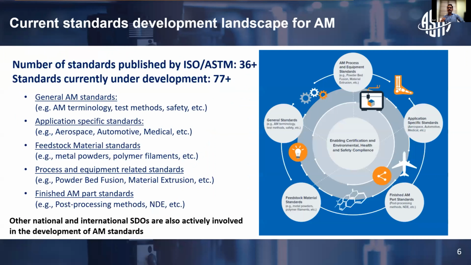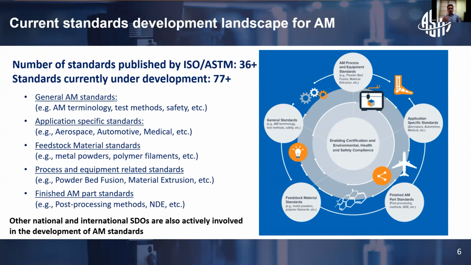So in order to give you the current status of the standard development for AM, as I said before, ASTM has published more than 36 standards. These numbers will keep on changing every month. So that's why I put it as 36 plus. Then we have over 77 standards under development. And we categorize the standards into different classifications, like general AM standards, where we talk about additive manufacturing terminology, test methods, safety, etc. And we have application specific standards, which means these are standards specific to an industry, like aerospace,